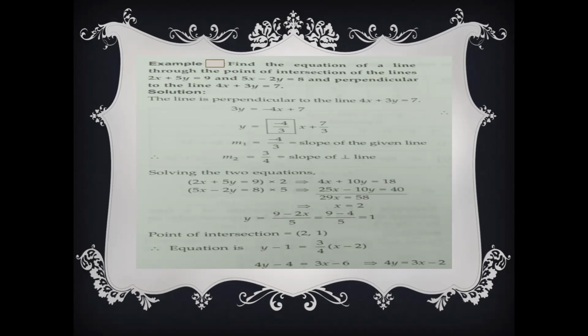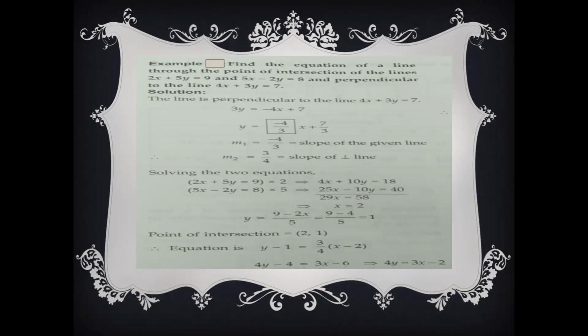Now we need one point जहां से हमारी लाइन पास होने वाली है. Now वो पॉइंट नहीं दिया है, instead they have given two equations of lines which are intersecting at that point. तो हमको ये दो इक्वेशन को simultaneous equation के हिसाब से solve करना पड़ेगा using any method which you learned in ninth standard, elimination method or substitution method and all. So solving these two simultaneous equations, what we have done is y का coefficient equate कर दिया and for that we multiplied one equation by 2 and the other equation by 5. We got plus 10y and minus 10y, वो cut हो गए.